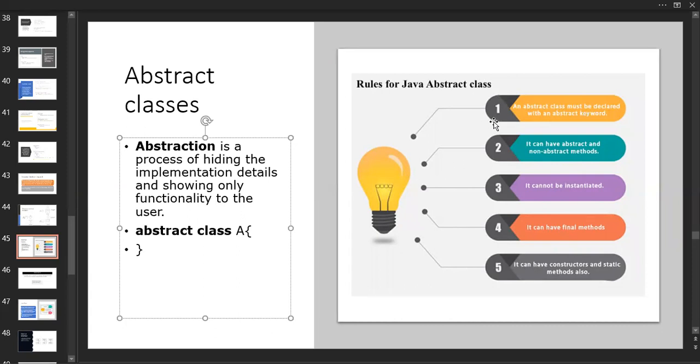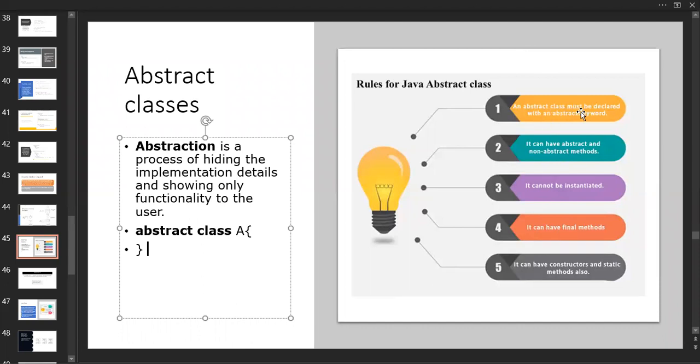So these are the rules you have to remember, very important rules for abstract classes. Inside the second unit, abstract classes and methods, as well as interfaces and inheritance, are very important. You can expect a good number of questions from this second unit. So what are the rules we need to follow to create an abstract class?